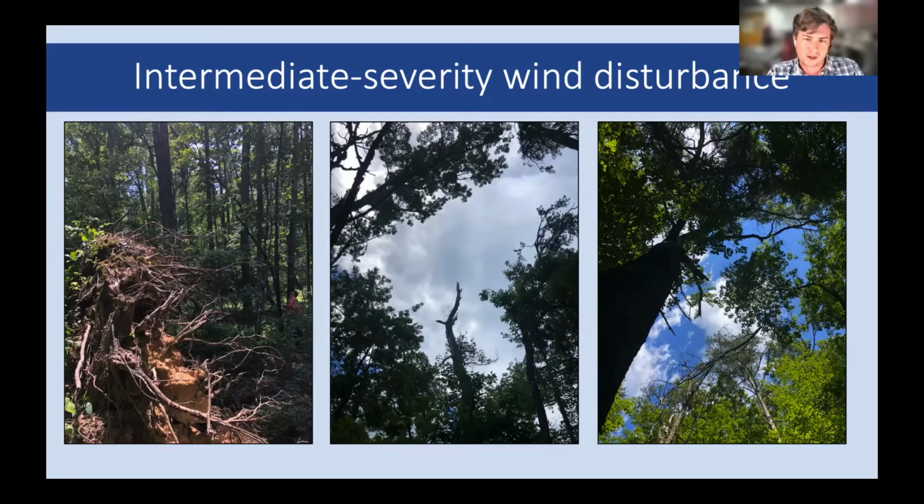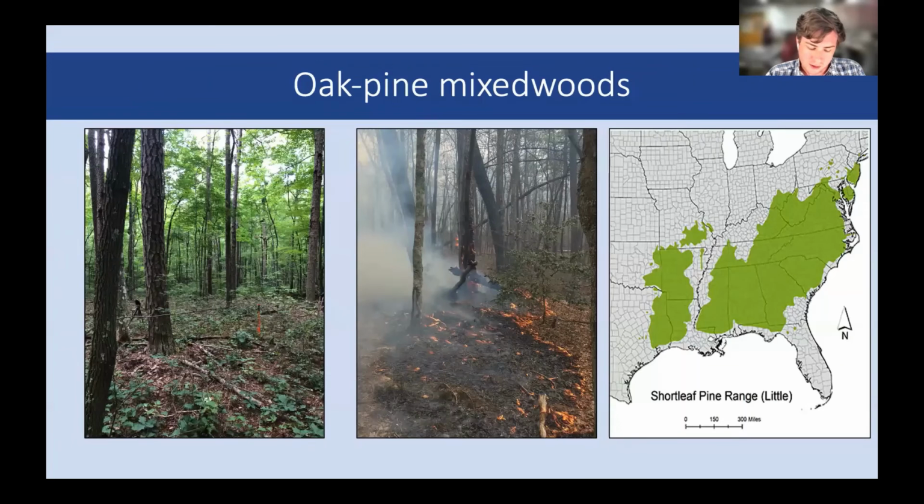And there's a wide range of intermediate severity disturbance agents, such as ice storms, fires, maybe insect disturbance. But in this study we specifically investigated the impact of wind as the disturbance agent. You can see in some of the photos here some uprooted and snapped trees that really opened up the canopy. So intermediate severity disturbance may be a necessary component to maintain certain stand species assemblages,